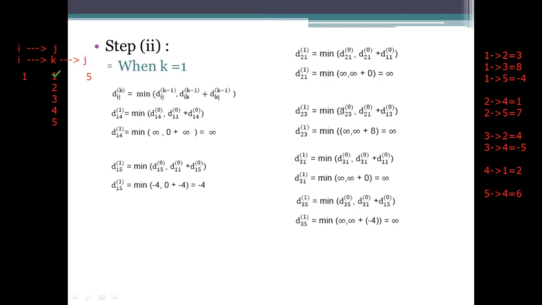And coming to the second one, we need to consider the edges here. Which edges do I need to calculate? The k value is 1, but the i value we have taken is equal to 2 now. Okay. For what do I need to calculate, what are the j values here?